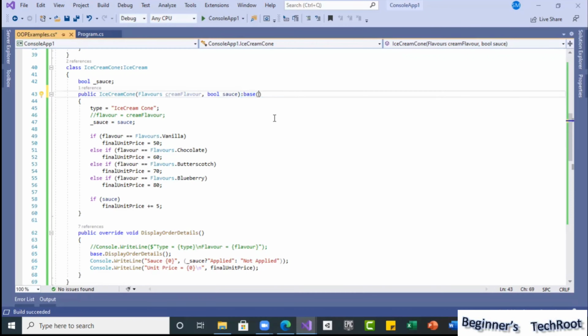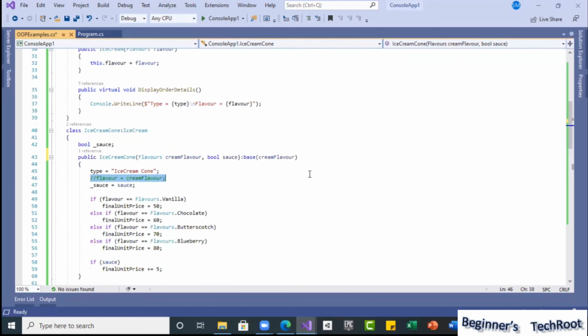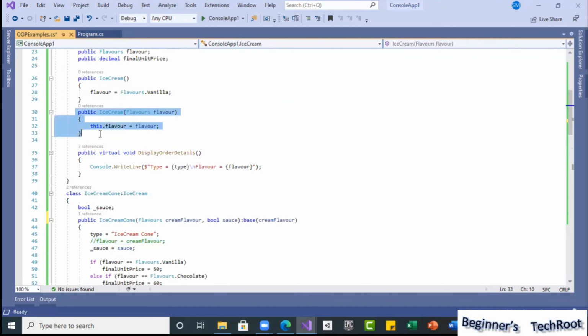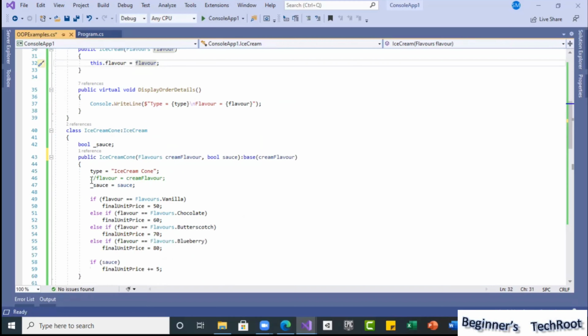Suppose you want to call a specific constructor, and you want to pass whatever value here, you can do like this. See, here I assigned, no? Even if you do like this, what happens? It calls this constructor automatically instead of this, so whatever parameter we are passing, that only will be assigned here. See, I commented this and I used this base keyword with calling the base class, which constructor you want to call. You can specify like this in the inheritance area, in this constructor.